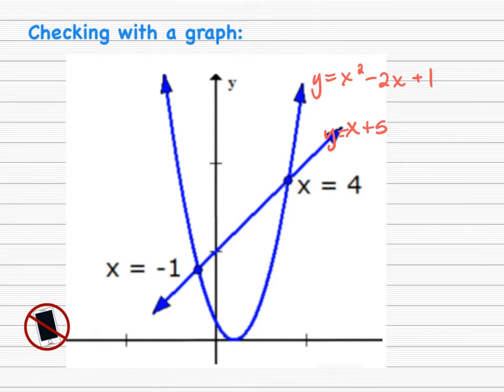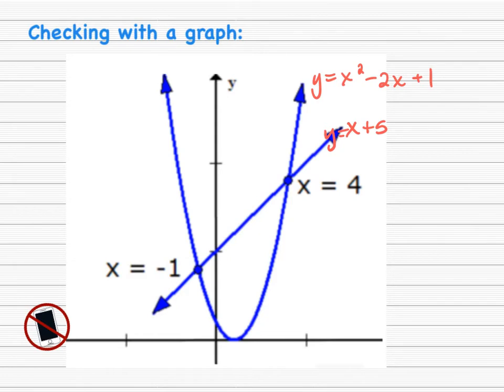So we have them crossing at x equals 4, so that's right there. And then we have them crossing as well at x equals -1. Those aren't entirely where they are supposed to be, but that's all right. Anyway,